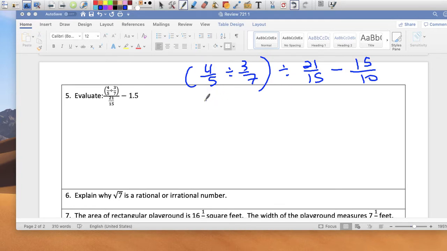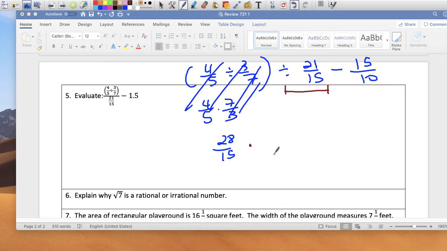So it's 4/5 times 7 over 3, right? There's no simplifying. Yuck. That's going to be 28 over 15. So this whole thing here, I might even cross it out, becomes 28 over 15, which we're now going to divide by 21 over 15, right? We're going to take this part, and I'm just automatically going to change it to multiplication, and 15 over 21. Now there's some simplifying, okay? So these two simplify to 1 and 1. 28 and 21, I'm going to divide by 7. That gives me a 4. Divide by 7 gives me a 3. That whole thing is going to be 4 over 3,